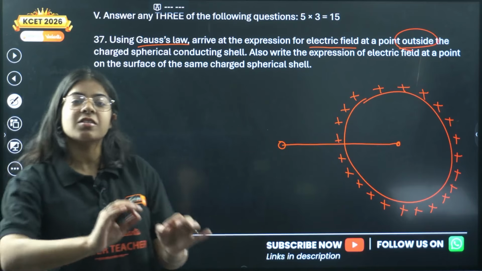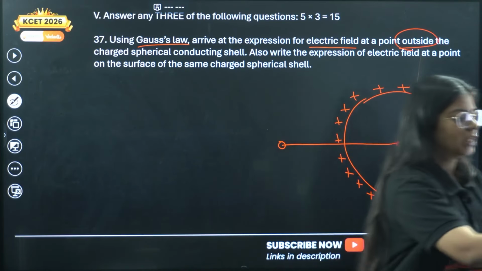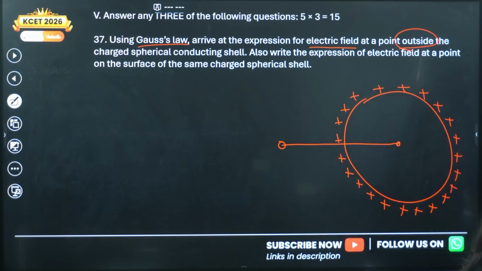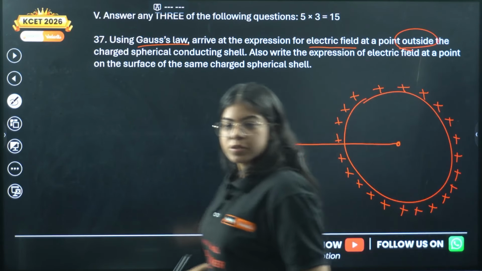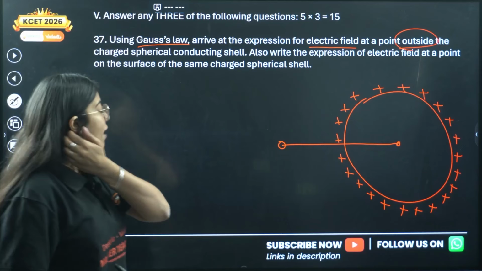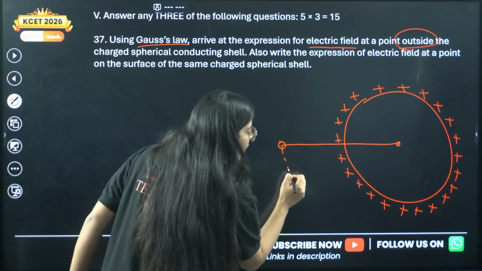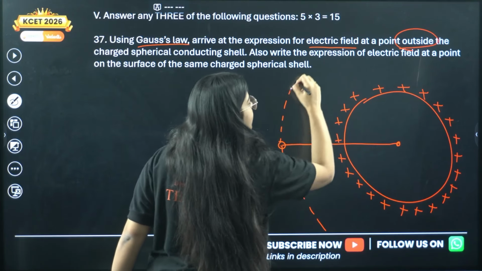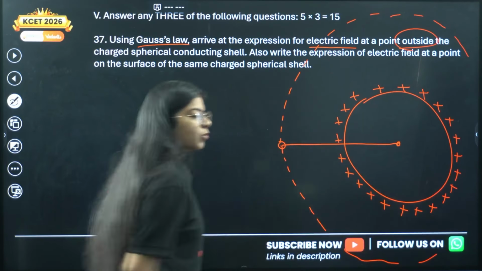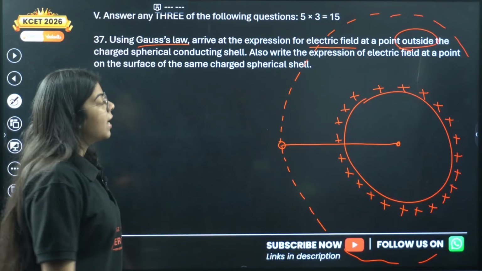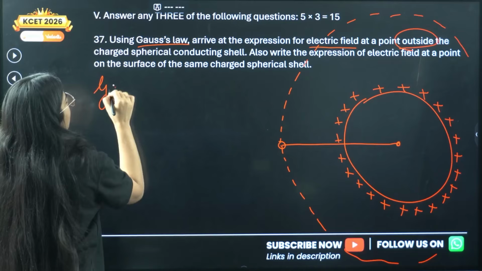What is the first step that we do while using Gauss law? We have to make a Gaussian surface. Through this point we'll make a Gaussian surface that extends all the way around our conducting shell. Now we'll use Gauss law. So according to Gauss law,